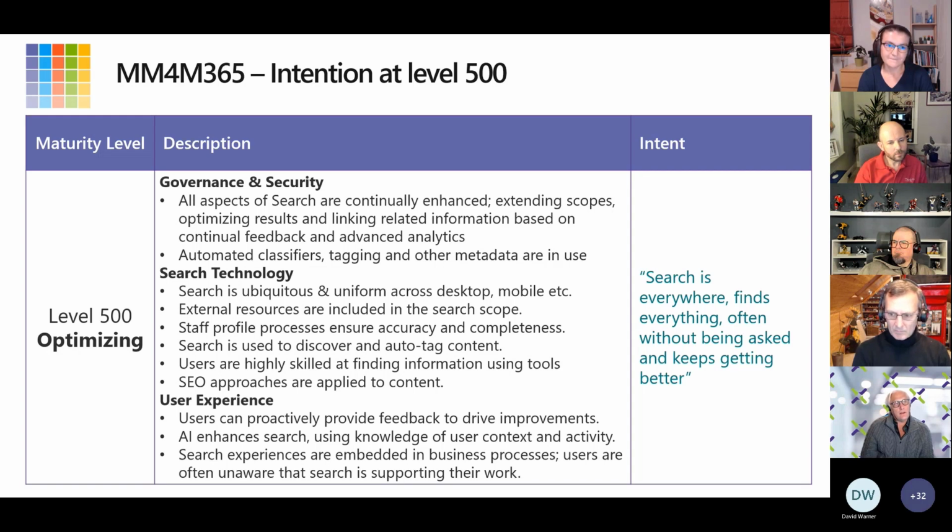How do you see newer capabilities like Viva Topics coming? You know, it's almost like a reverse search in a sense, right? You're providing search results in context of the content. Do you see that as part and parcel of search, or is that a separate thing in your mind? I see that as part of findability, definitely, and discoverability of the content, absolutely.